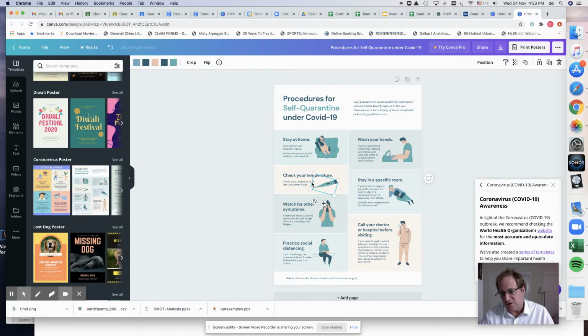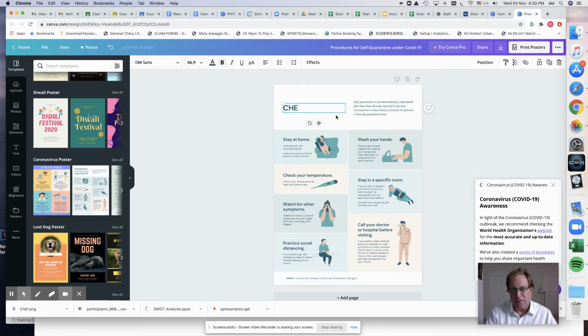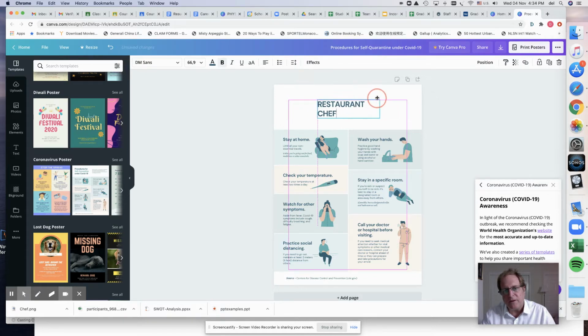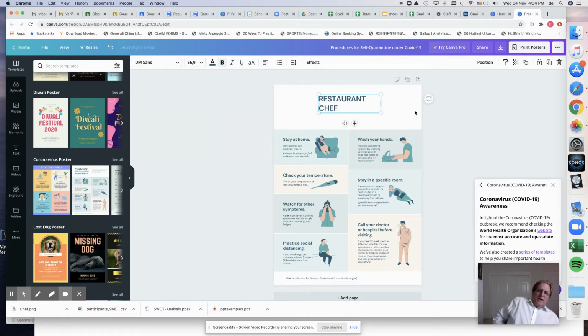and make changes. So the first thing I'm going to do is give it a title. Let's say we're doing a restaurant chef as our job, and I can get rid of this, and I can move this over. I can move that over, and then I can